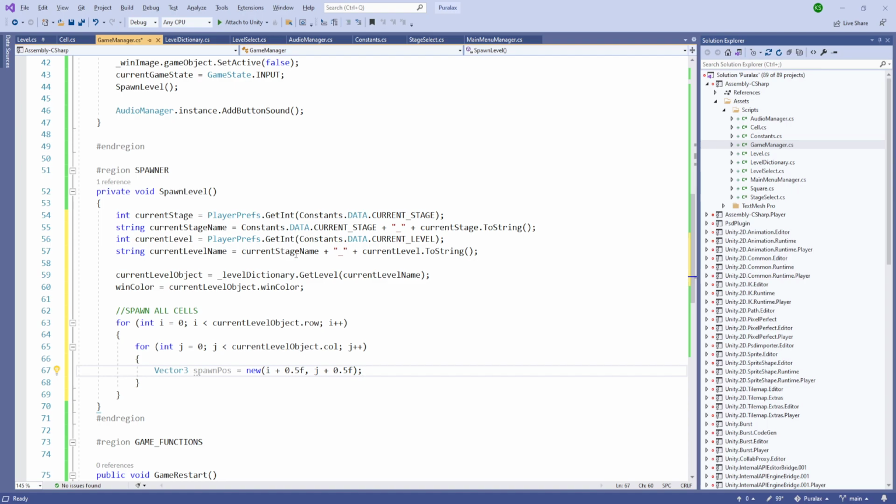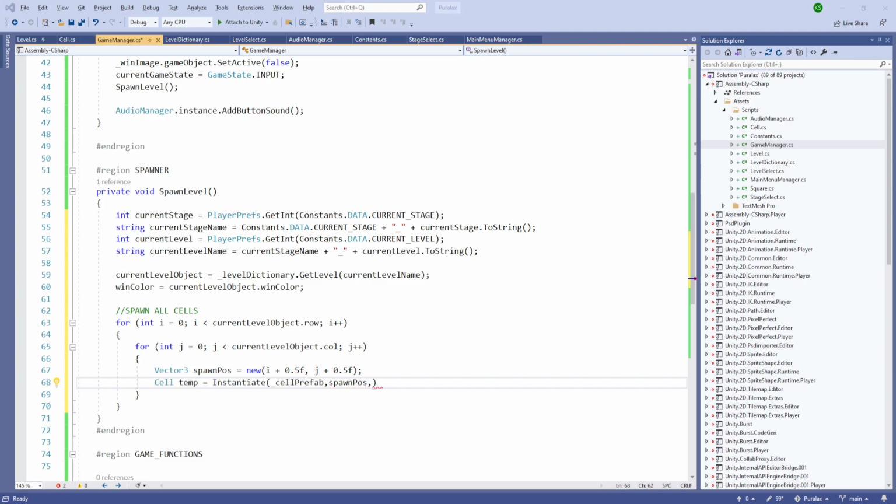So we are moving it upwards and right by 0.5f. And then we'll instantiate the cell, and cellTemp is going to be Instantiate, which is going to be our cell prefab at our spawn position, and the value Quaternion.identity, and inside our cells dictionary